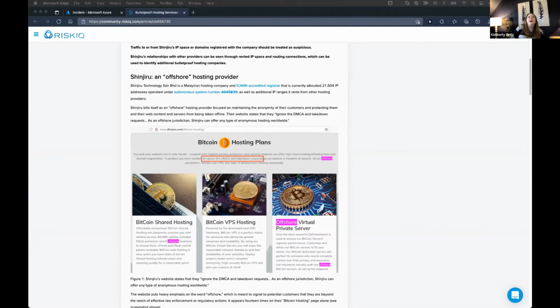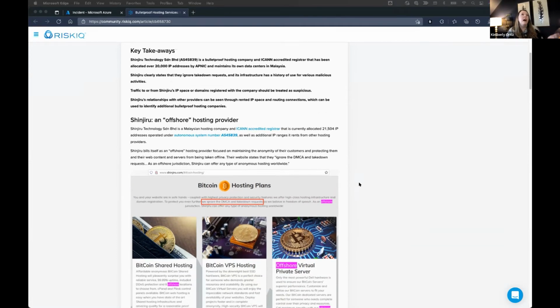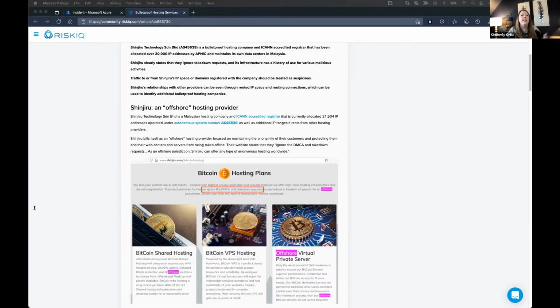So as a threat hunter, what I'm going to want to do is review this whole article and see if there are any TTPs described that I can take back to Sentinel and hunt for. Or based on reading this, I might decide it's appropriate to block all IP addresses in this ASN from communicating with devices on my network. It all depends on your organizational policies.